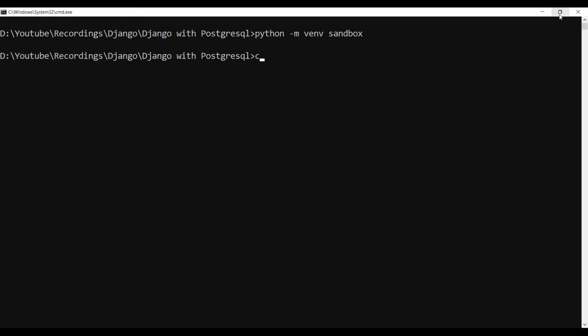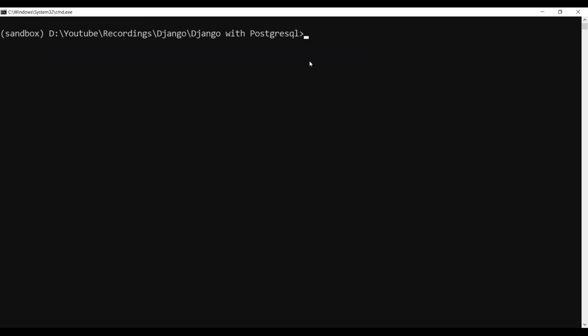It will take some time to create the virtual environment. Okay, once this is done, we have to activate this environment. So for that, I'll go inside sandbox. There is one folder called Scripts, and inside that there is a bat file called activate. Once I activate, I'll get this sandbox prompt. That means I'm inside this sandbox. In this sandbox, I'll work on my Django app.